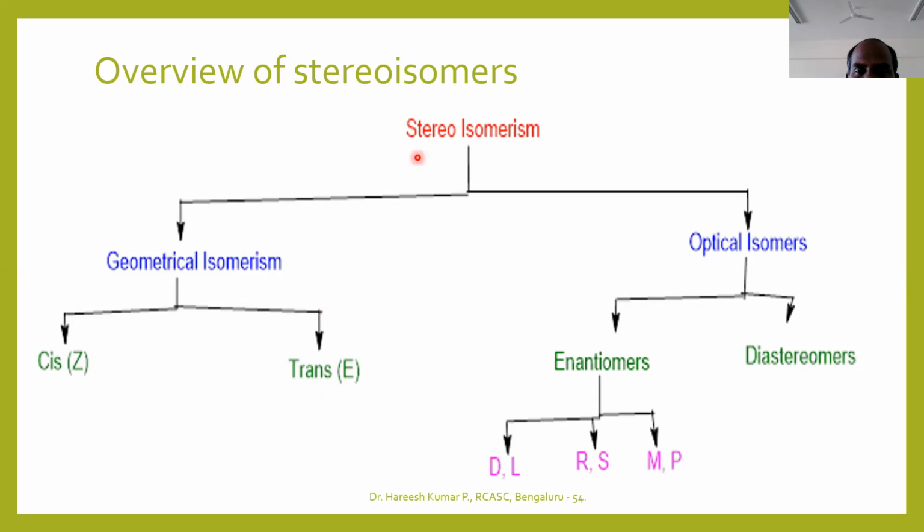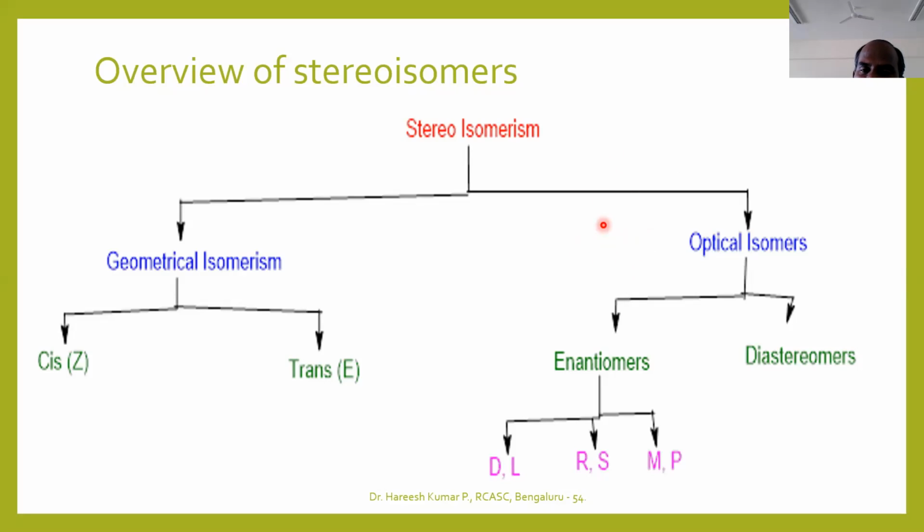Similarly, stereoisomerism is also categorized into optical isomerism. Optical isomerism means optically active compounds. Optically active compound means, how will you come to know that? When plane polarized light is used. So how will you get plane polarized light? Ordinary light consists of light in all directions. So when ordinary light is passed through a nicol prism, you will get one kind of plane of light. That is called plane polarized light.